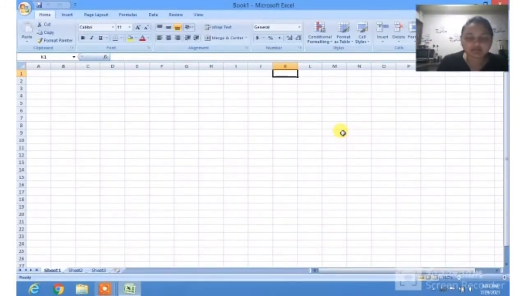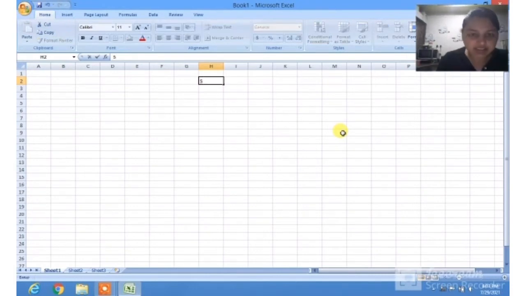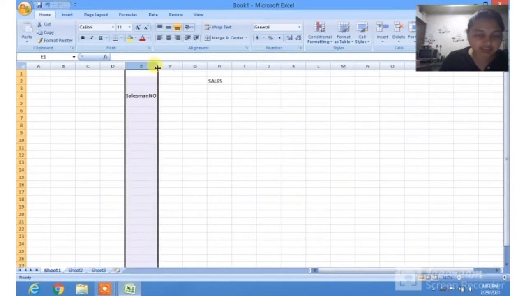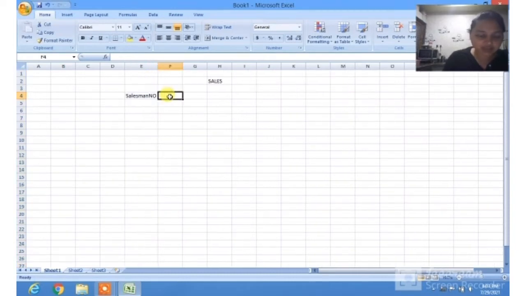Now we are trying to add the data. My table name here is Sales. Then I will add the columns. First is Salesman number. If I want to increase the size of my column, I can increase it like this. Then next is